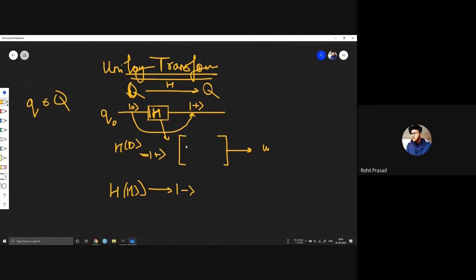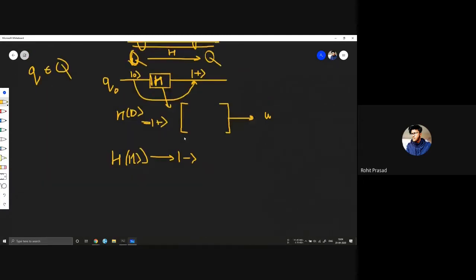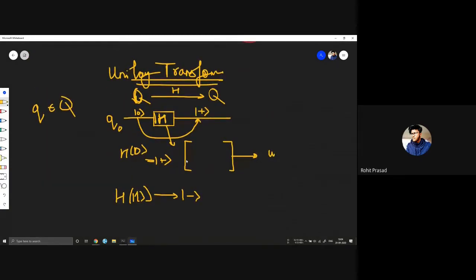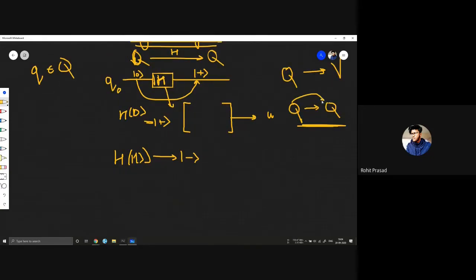So all our gates in this quantum computation are transformations, nothing but a transformation from one vector space to another vector space. Here that other vector space is also the same one. Normally a transformation can go from Q to V, but in quantum computation, the second vector space is also Q. So we go from Q to Q.